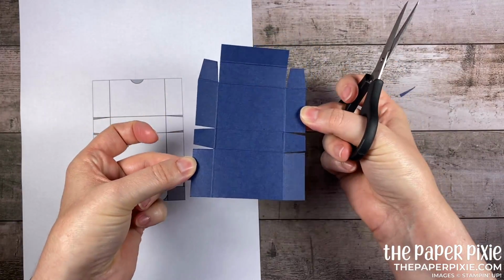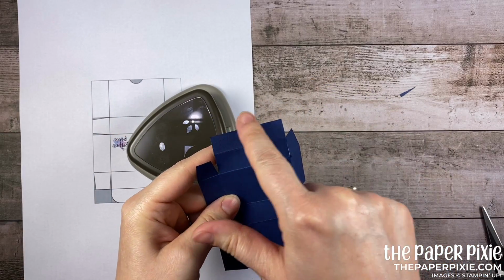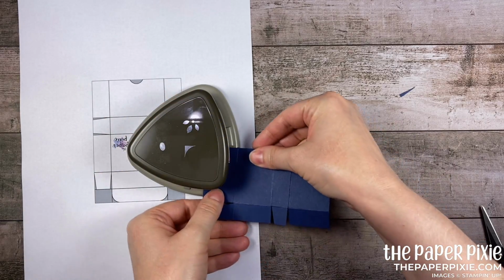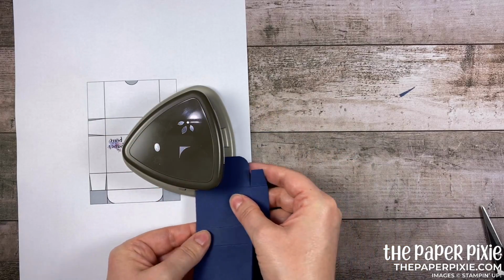There's our piece cut right now. Next, I'm going to come in with the detailed trio punch, and we're going to round the corners of this top flap. I'm just going to fold the cardstock out of the way here so we have a flat edge along the side. Just feed that into the punch and round those two corners